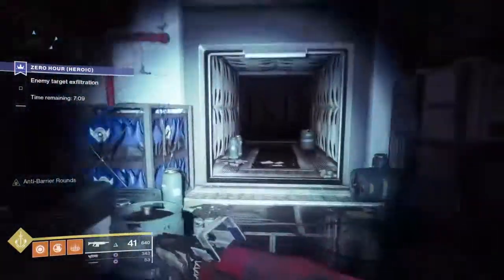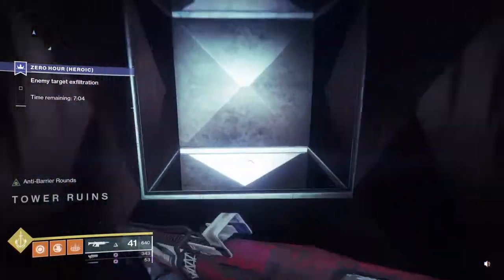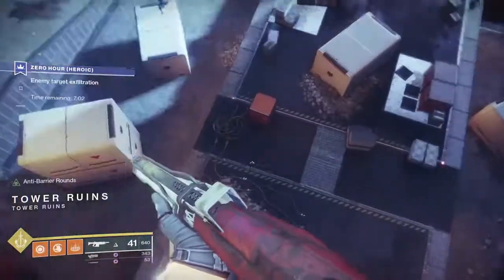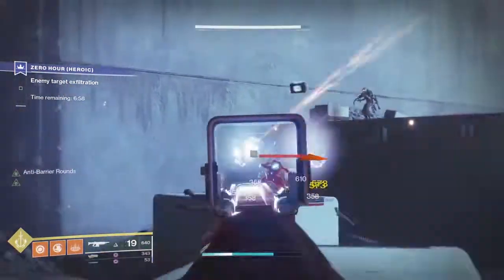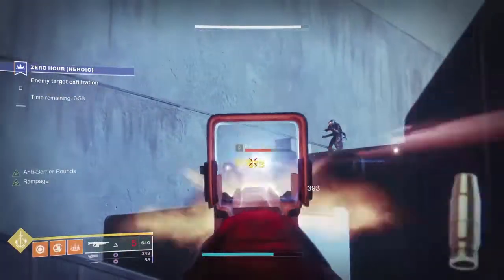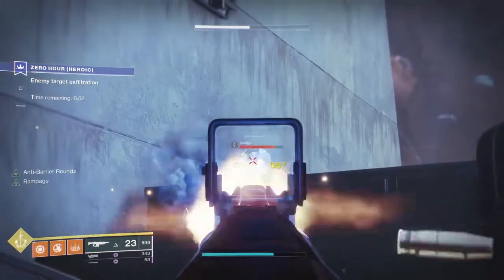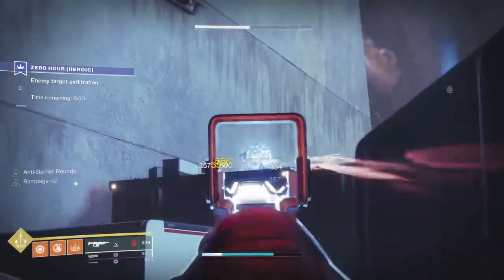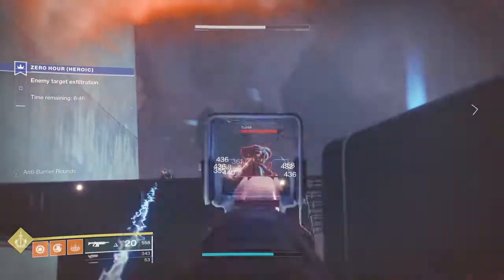And once you've gotten to the boss room here, I suggest killing the turrets. So I usually start on the left side, kill all the ads on the left side, and once I kill all the ads on the left side, I then go ahead and kill the turret. And then once I kill the turrets, I have Sunbreakers on as Warlock,